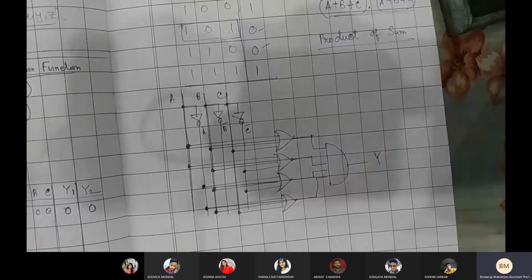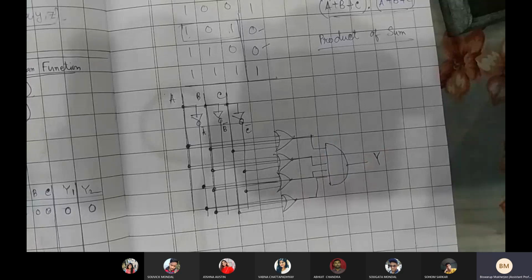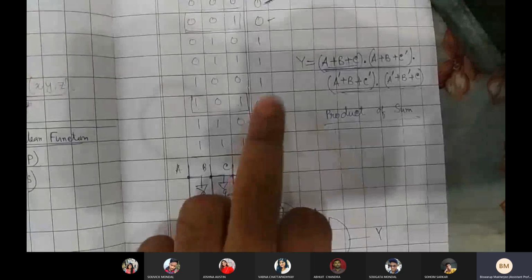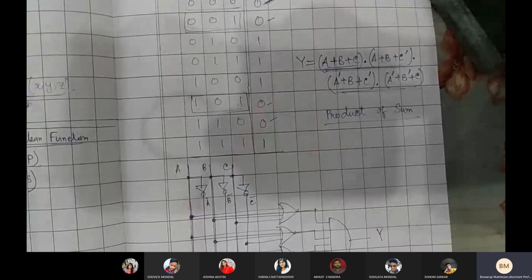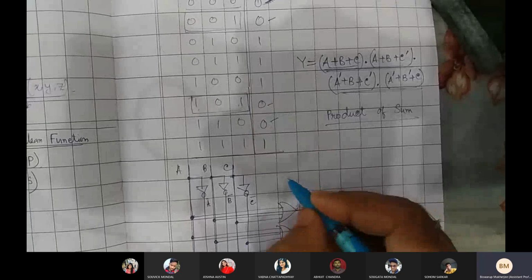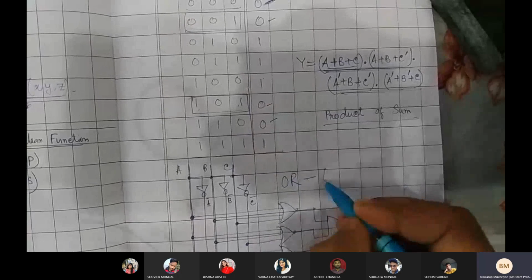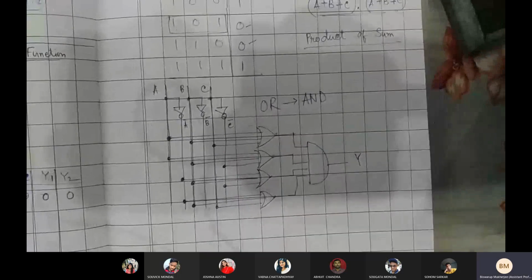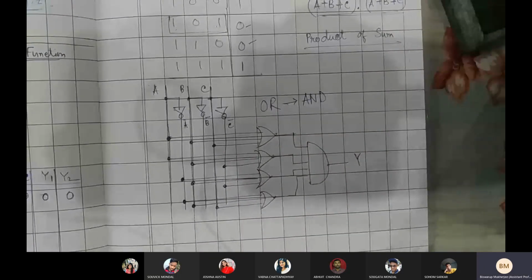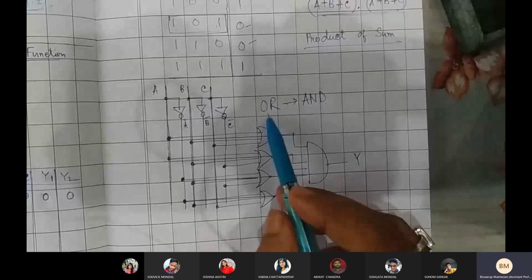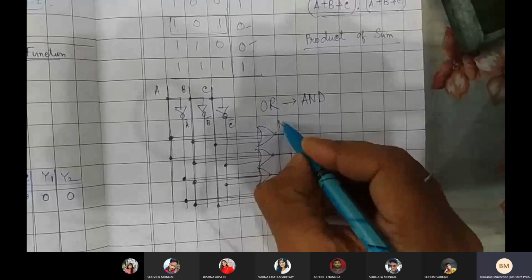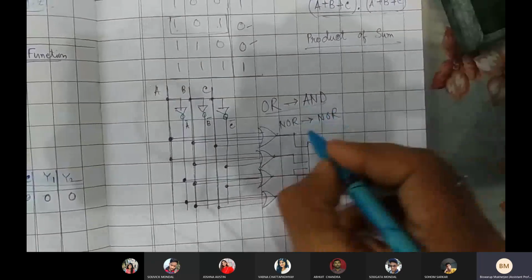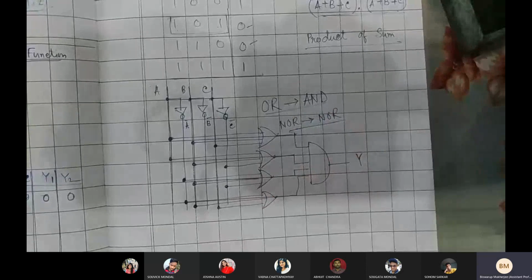Now the point is, it looks like quite a different circuit, but if you simulate this circuit also, you'll be getting that same response coming out, একই response as well. Okay, and this time it is actually first OR followed by AND. Make sure about this one. It is OR followed by AND because it is product of sum or POS. And in this case, if it is OR followed by AND, make sure we can also replace it directly by NOR followed by NOR. So POS NOR is the solution.